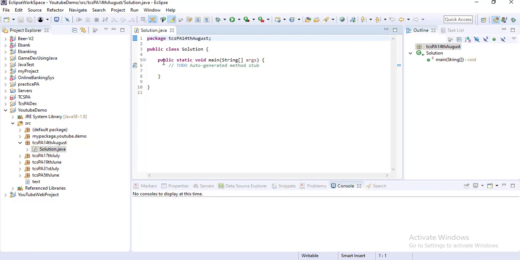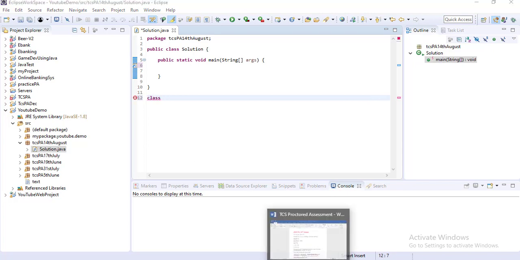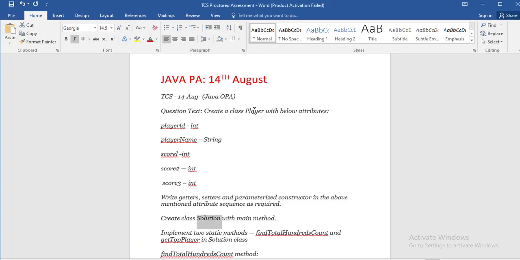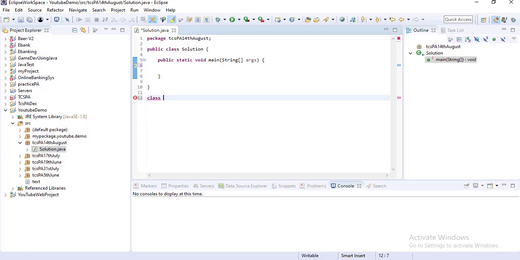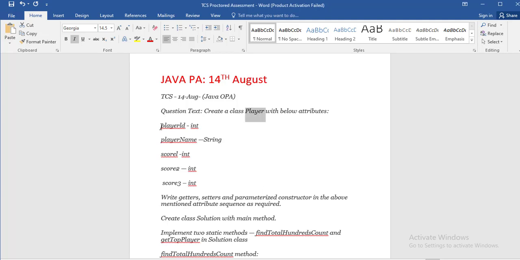This is done. Then you have to create another class called Player. This should be default, because the Solution class contains the main method, so I make that Solution class public, and for the Player class, create a class Player.